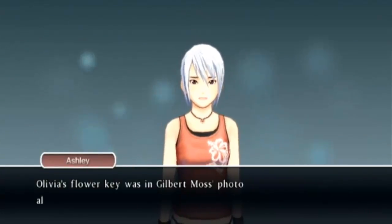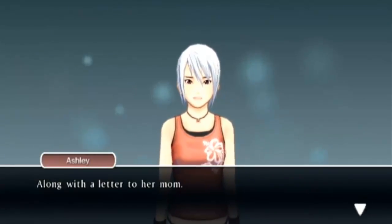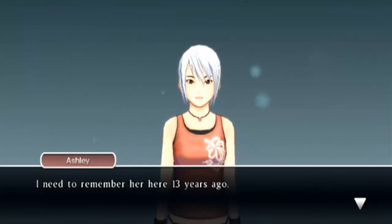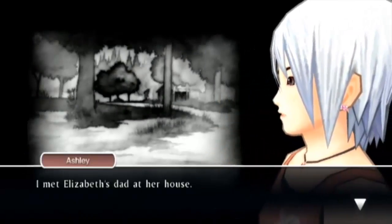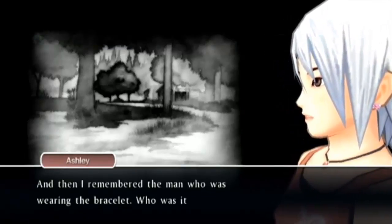I suppose that is kind of a tricky question, but made slightly less tricky in that the sword and moon keys were found together in one place. So we found 2 keys and 1 key, so we technically found 2 items rather than 3. But I do kind of like that imagery, because the father and mother had the sword and moon keys, but we don't know necessarily which one had which, like which one belonged to whom. All we know is the flower key belonged to Olivia. But I like the idea of the father having the sword key because that's kind of, I'm not saying it's right or wrong, but, like, traditionally...